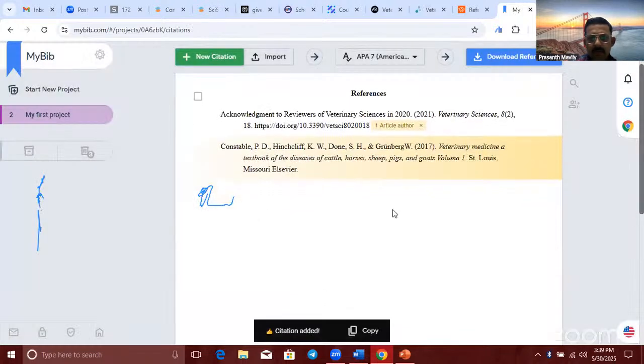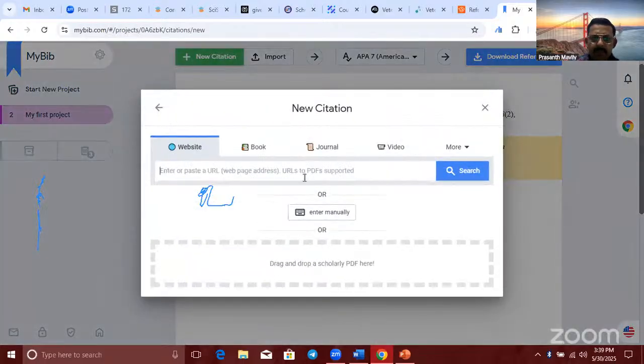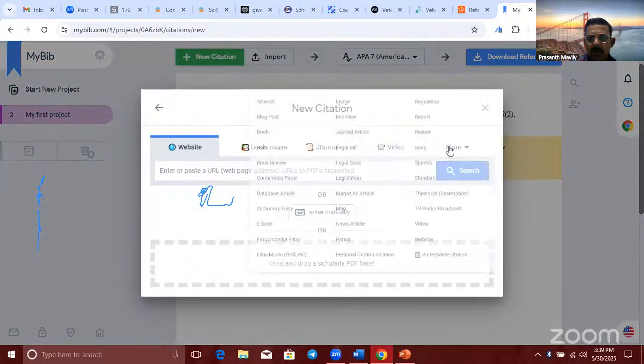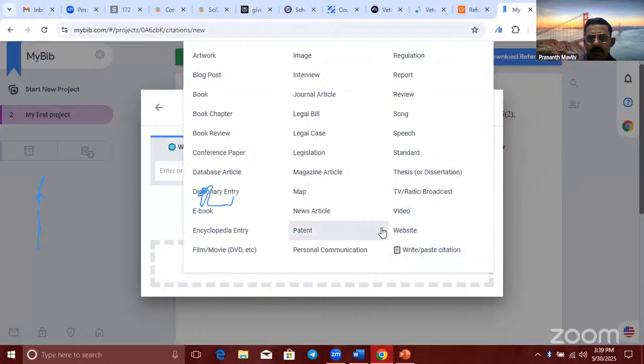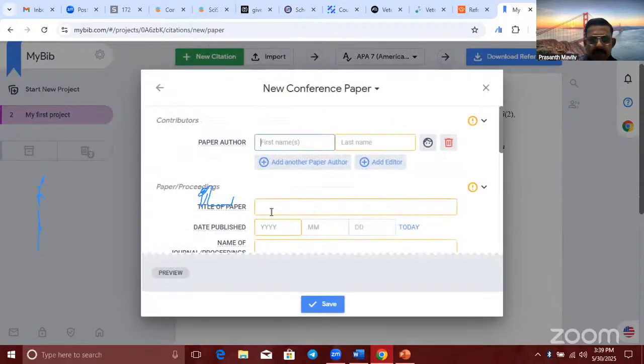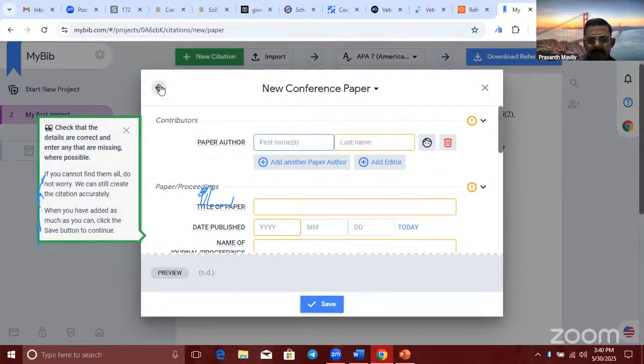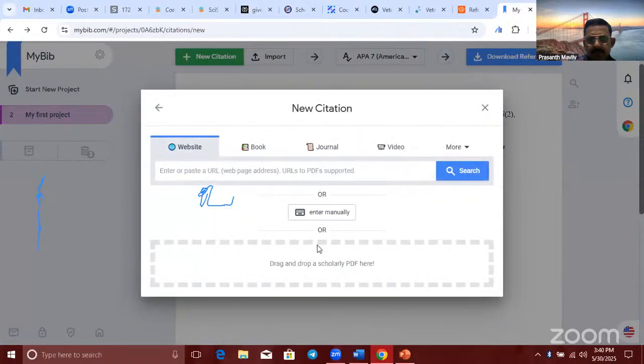If needed, you can edit it. Another book has been added. Now you can add other things also. You can add a conference paper, or another article.